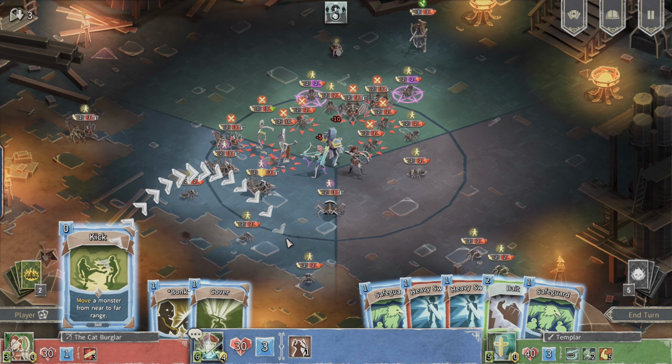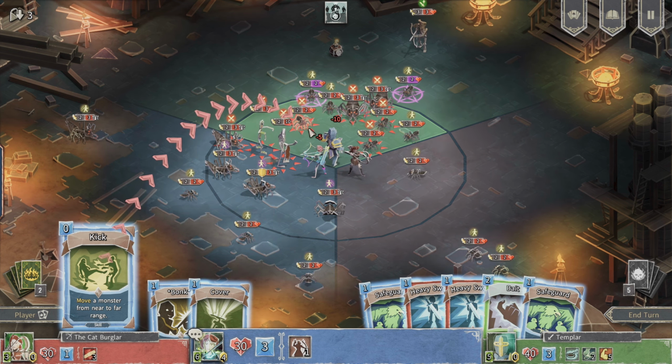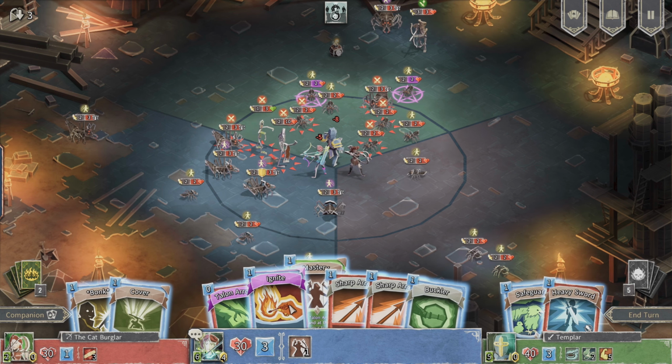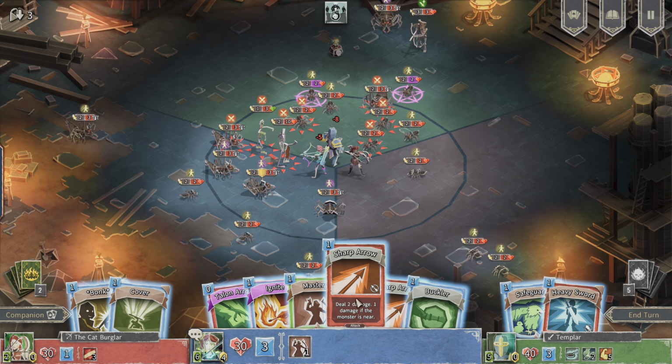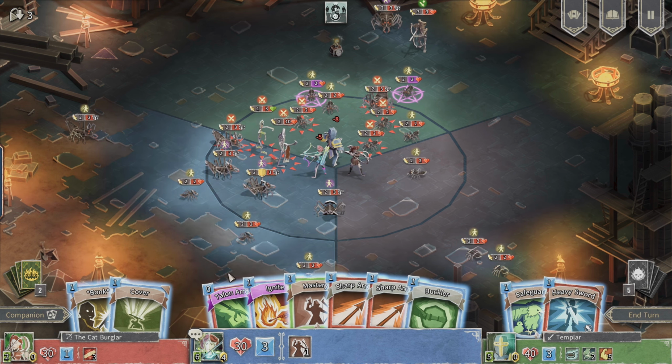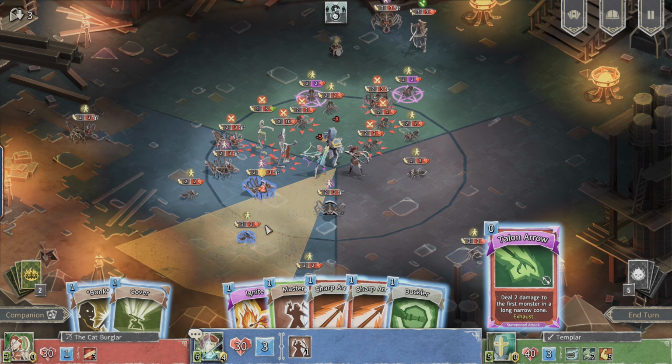Okay, let's figure out who's doing the most damage. It's a lot of 2s. Okay, let's punt you. Maybe if we can punt, if I had my punt card, that would work. If I had my punt card, then we might have been able to punt one of these guys into the...